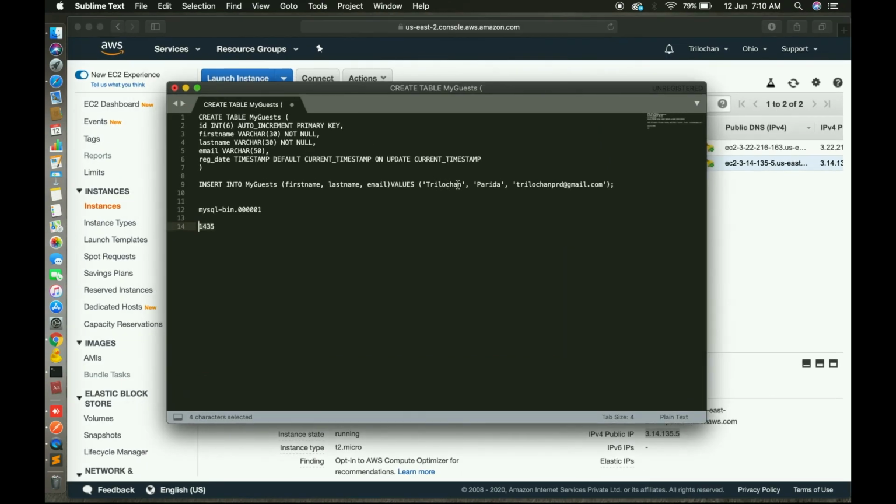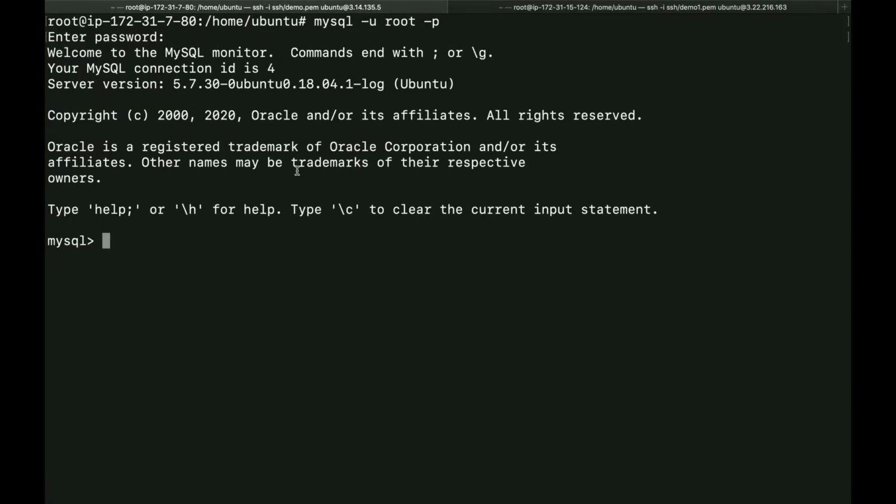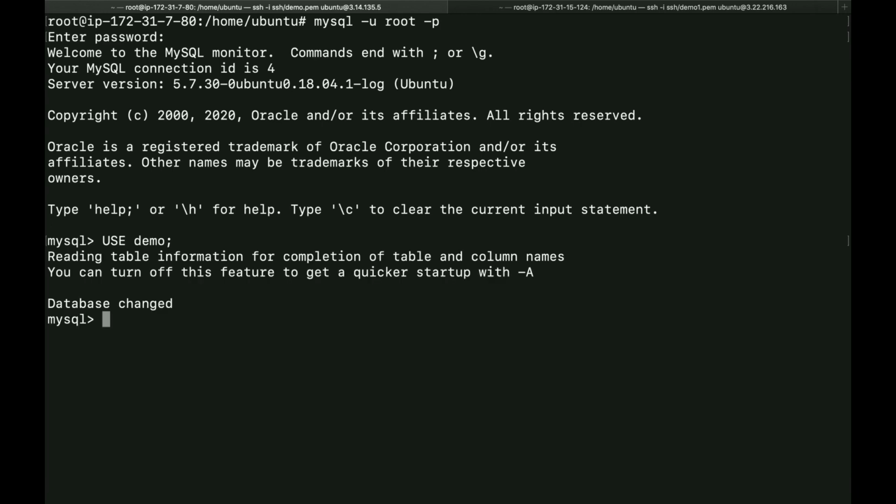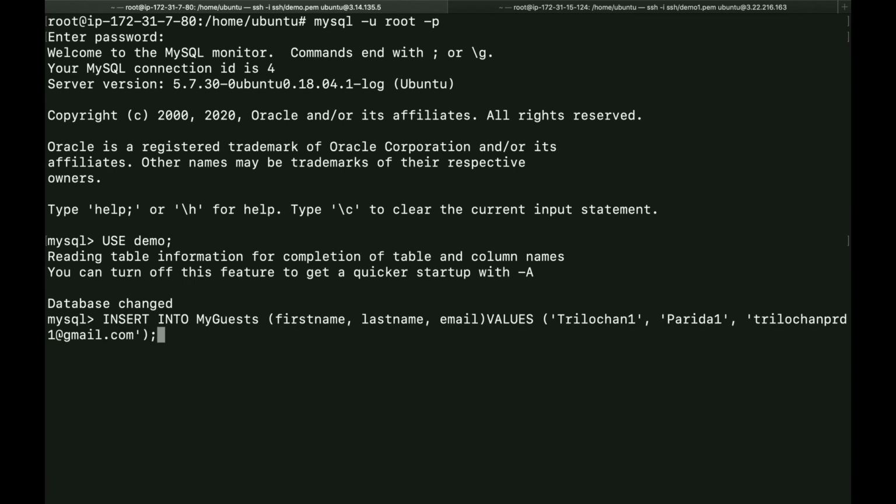Let's change something: Trilochen 1, Parida 1, then email ID 1. Yes, let's copy this. Before that you have to choose the database, so use demo.